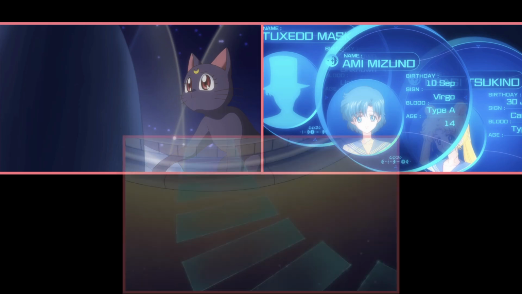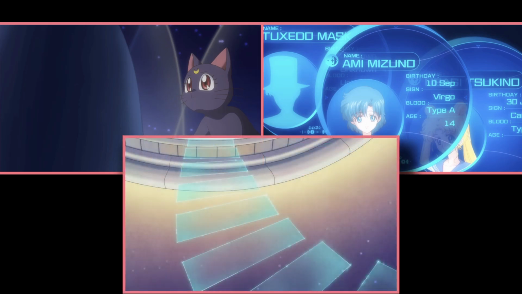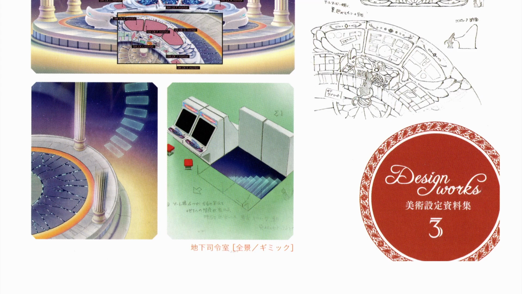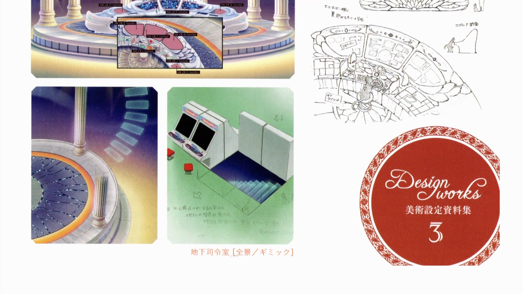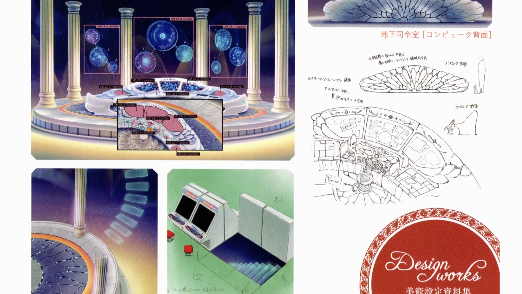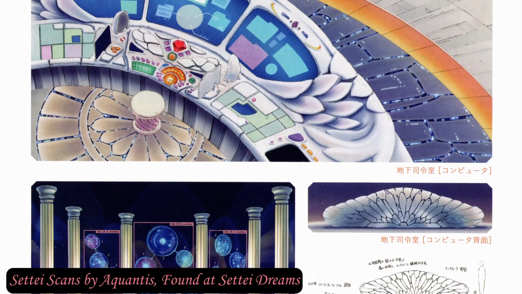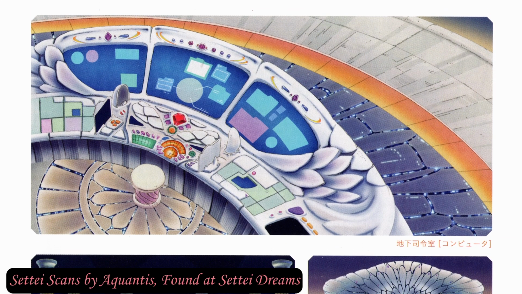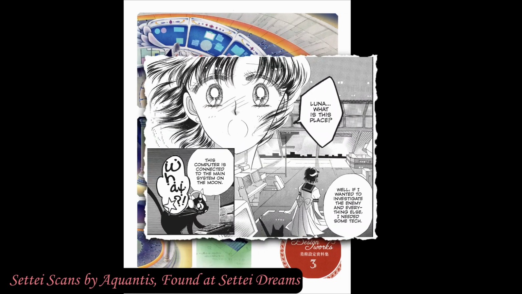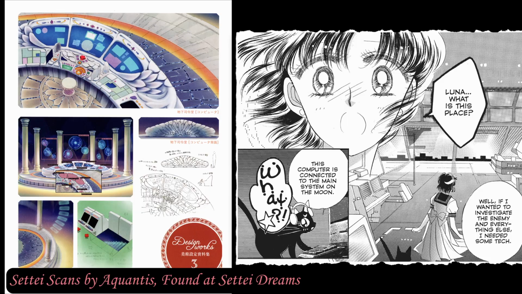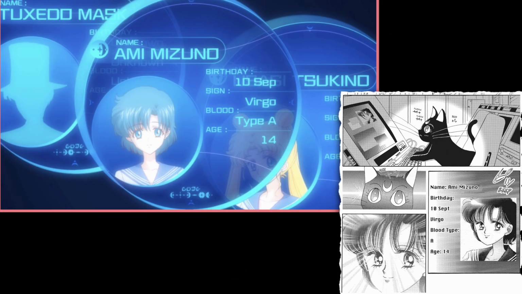When Luna's looking into Ami, we see her in a very futuristic location. This is the revamped Command Center featured within the Game Center Crown Arcade, which has been fully updated with futuristic interior and even more sophisticated computers. A change from the manga where it looks more like a secret office under the arcade. In Crystal, we also see that Luna has the pages of Usagi and Tuxedo Mask loaded up on her computer.